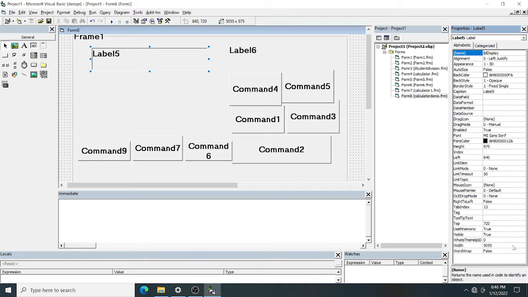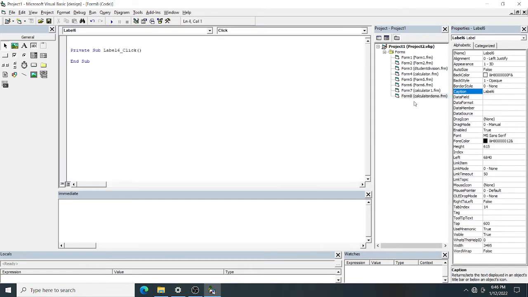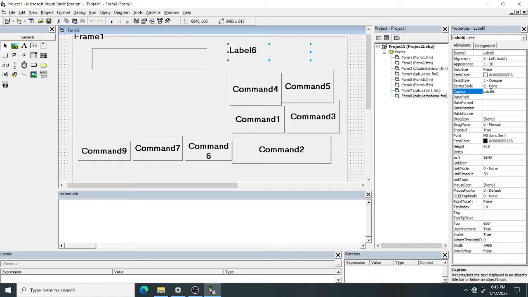Then you can remove the caption. And I want to give a name to my calculator. Suppose my calculator name is horizon calculator.